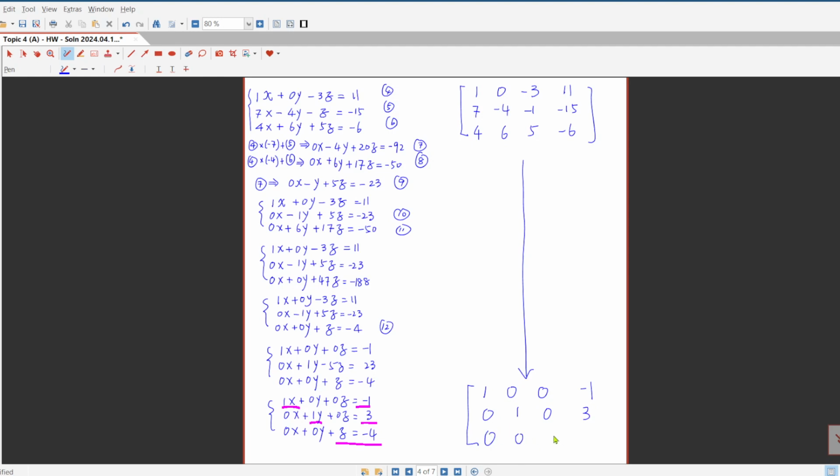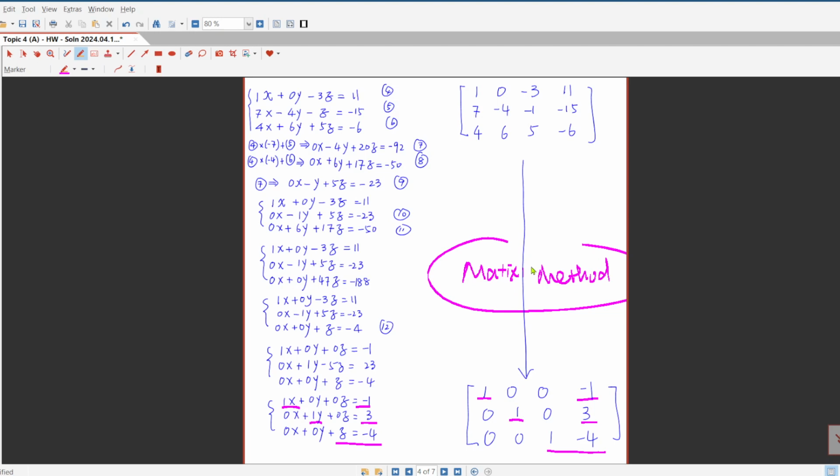But when you have a matrix like this, you can directly read the solution, which is z equals -4, y equals 3, and x equals -1. We'll talk about the matrix method in our next lesson. Sounds good? This method is quite useful when solving a system that contains more than two linear equations. Okay,